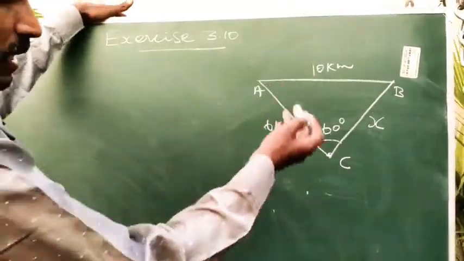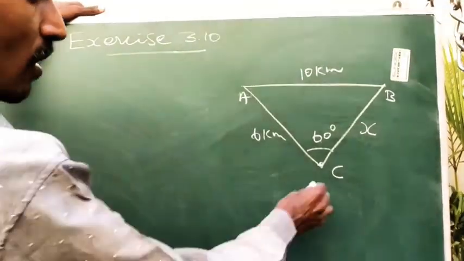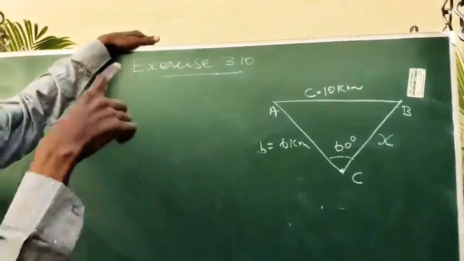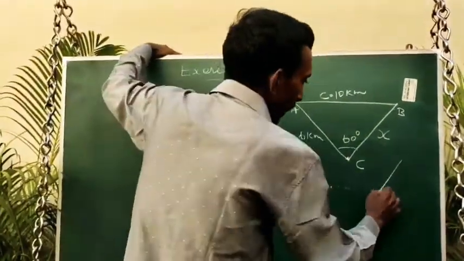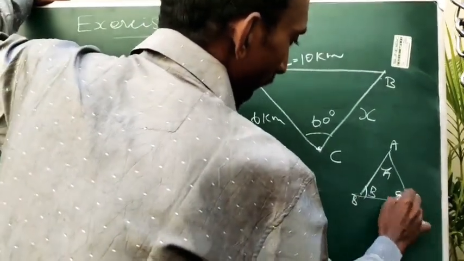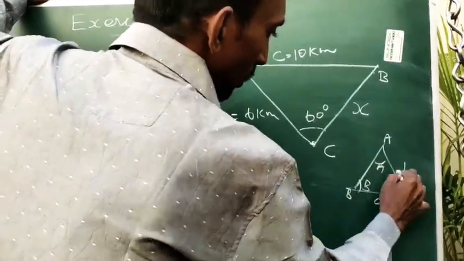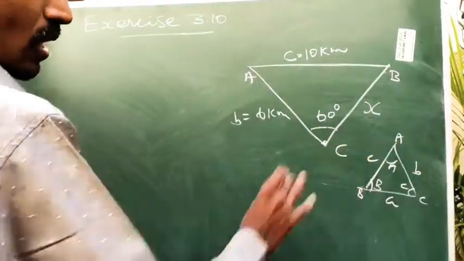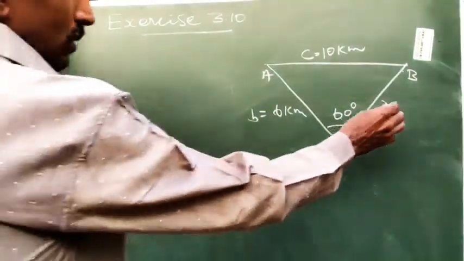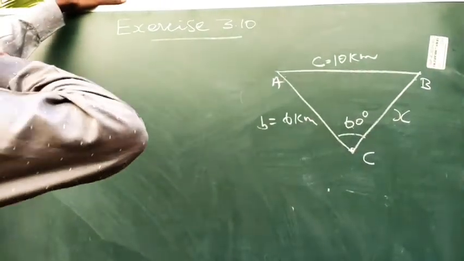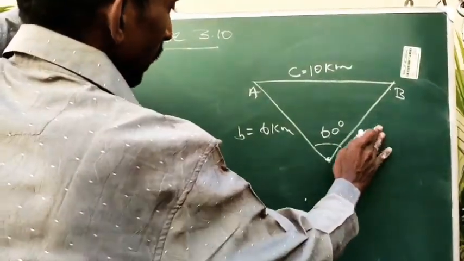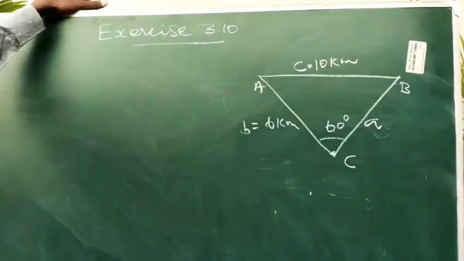Once again, look here. Once again, we are going to apply the cosine formula. So obviously it is C, and it is B. Remember the general triangle ABC: angle A, angle B, and angle C, and the sides opposite to them are a, b, c. It is the general assumption, so remember this assumption, my dear student. So we need to find out this x, which is nothing but a, so we need to find out a.